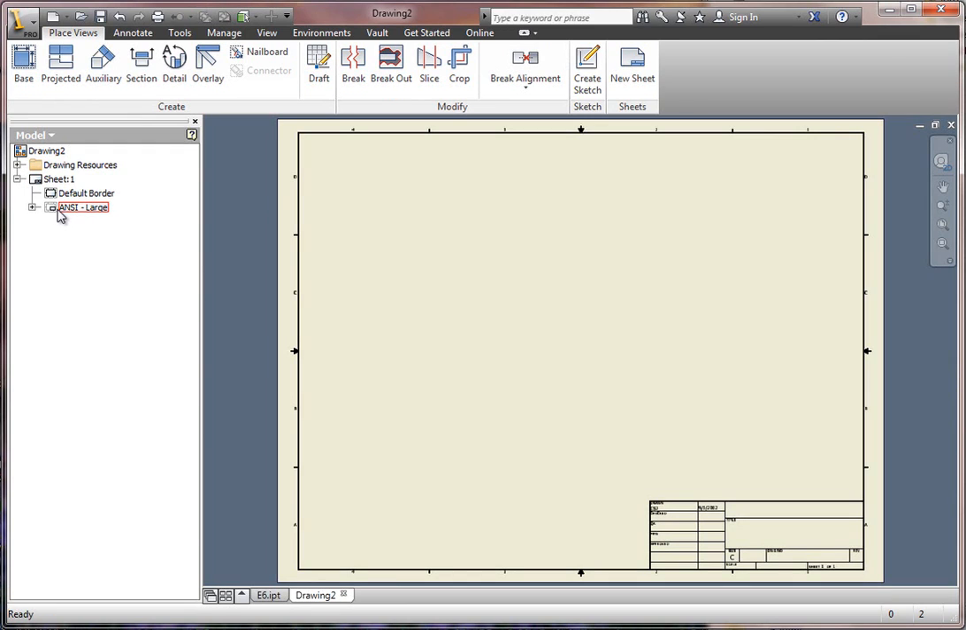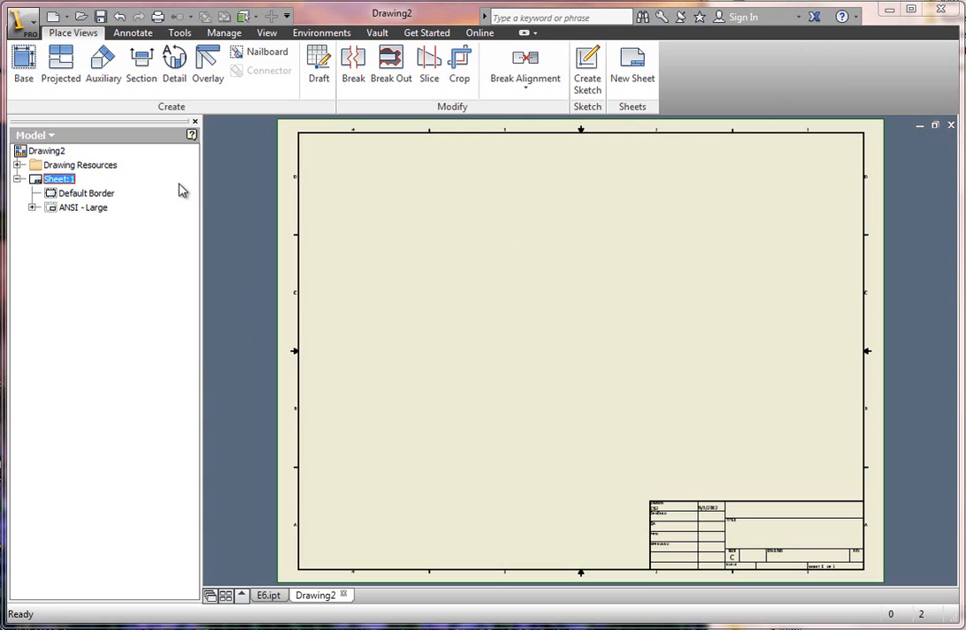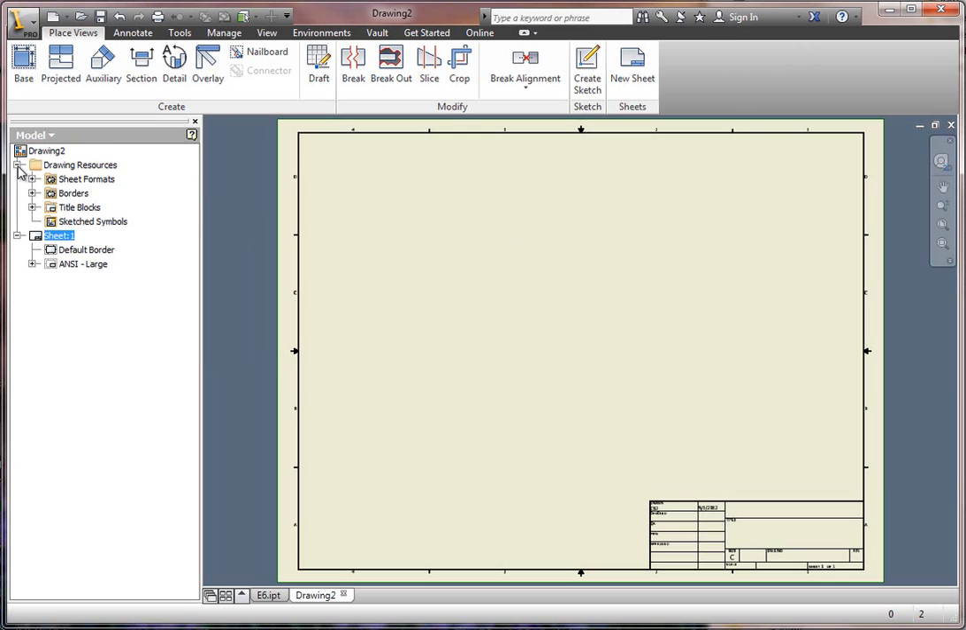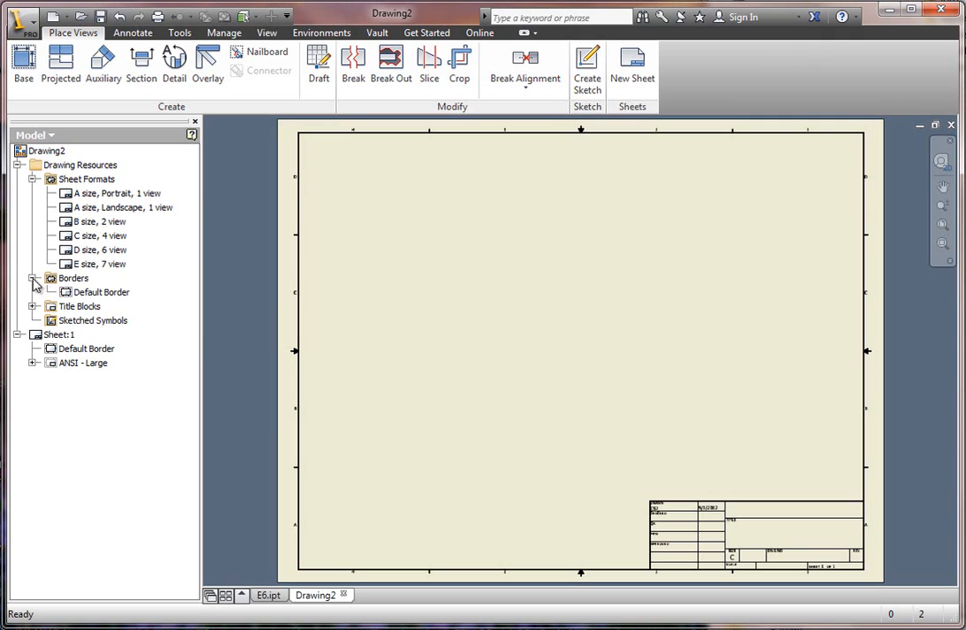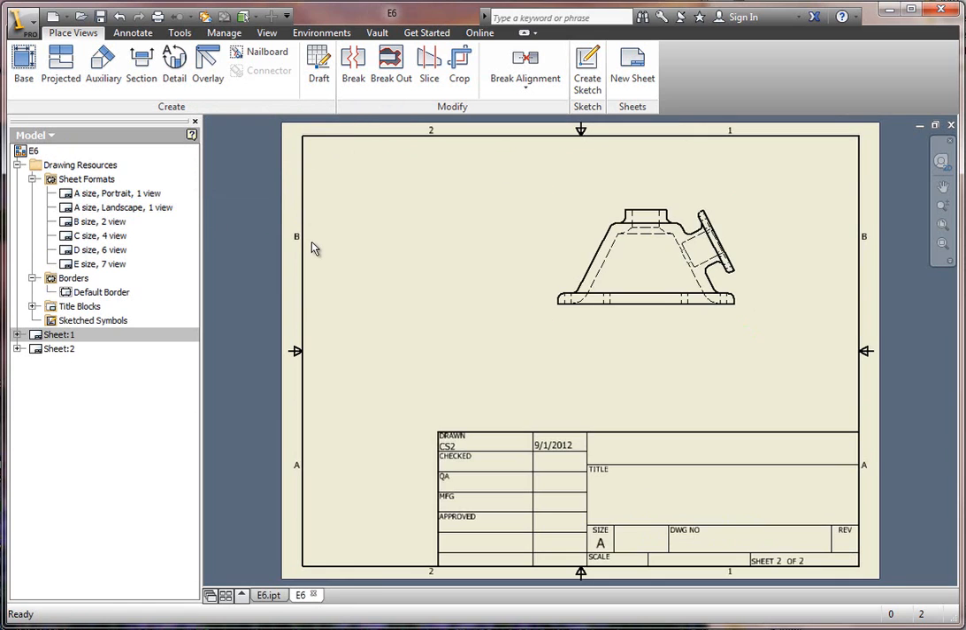On the left hand side here you'll see ANSI large, and you'll see sheet, and basically from here you'll want to go ahead and find the drawing resources folder. Hit the plus symbol to the left of it, and in there you'll find sheet formats, borders, and title blocks and other information. We're looking for the A-size landscape, so just double click on it with your left mouse button and it'll prompt you to select a component, just hit OK,